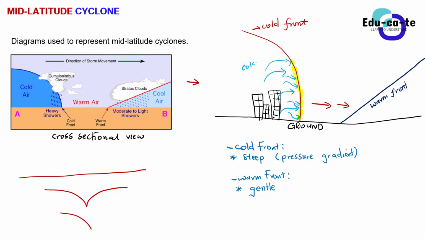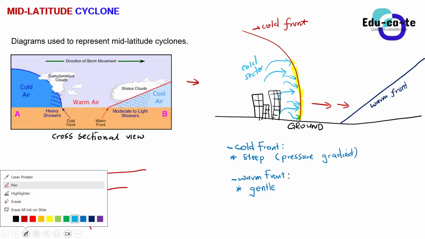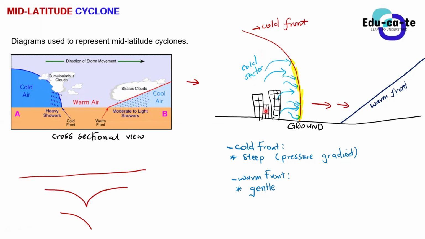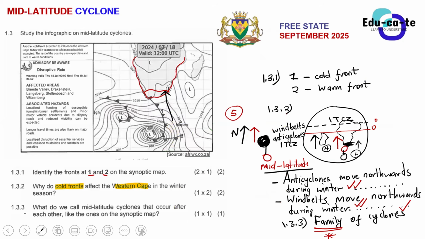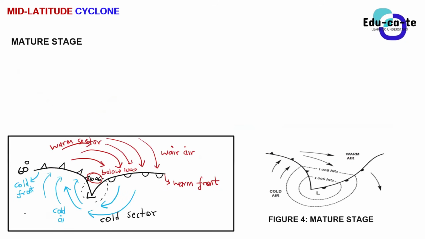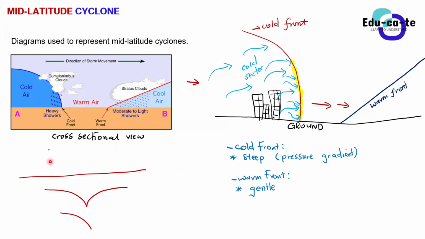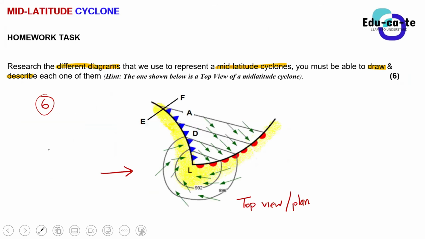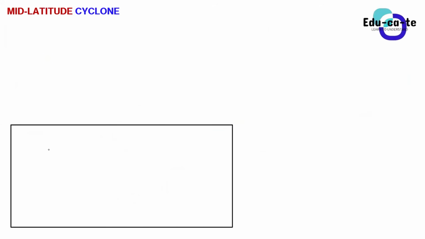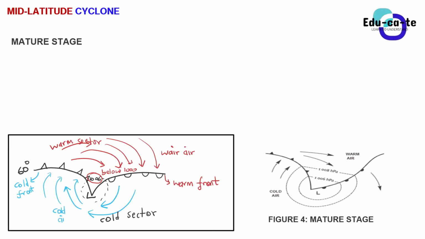So we know that we have got cold air behind the cold front. We have got cold air that is found in the cold sector. So this is our cold sector. The region behind the cold front is the cold sector because it is the area that consists of cold air. Just like from the plan view, guys, remember that our cold sector from the plan view, do you still remember where it was positioned? Do you see the cold sector from the plan view, from the top view? It is the same cold sector that we have from the plan view. It's just that the plan view is the top view. We are viewing it from the top, okay?